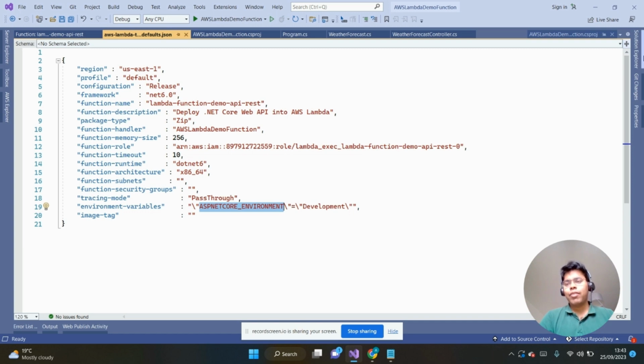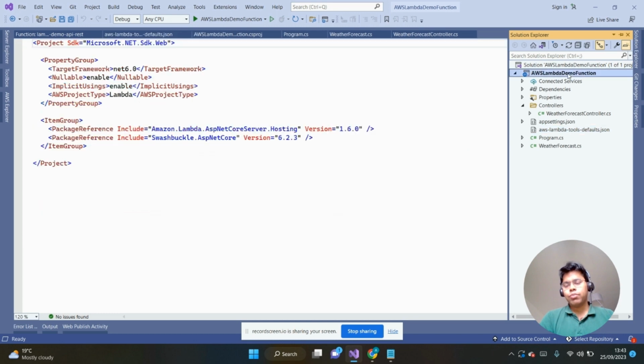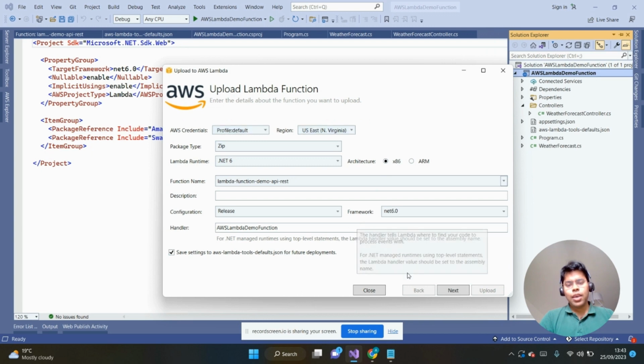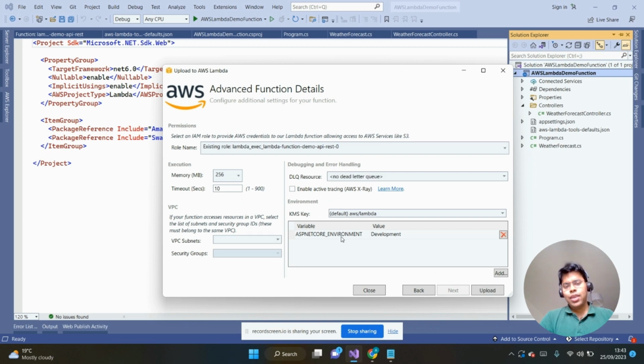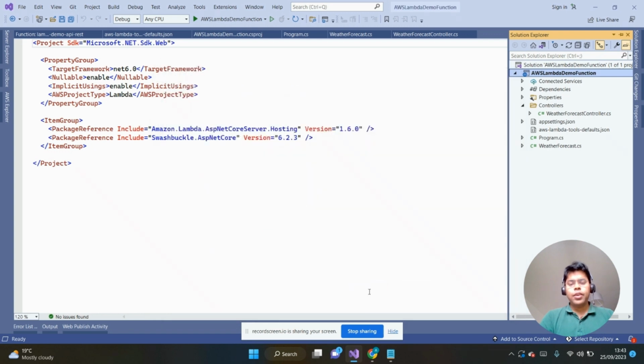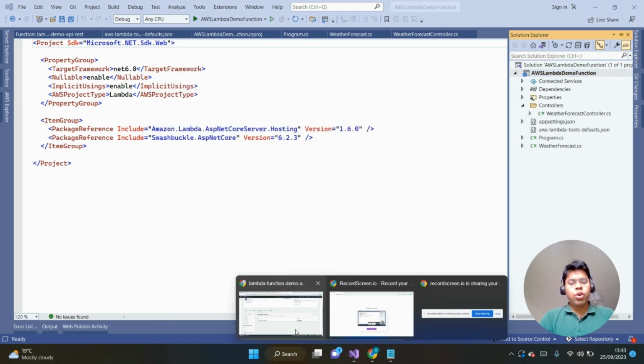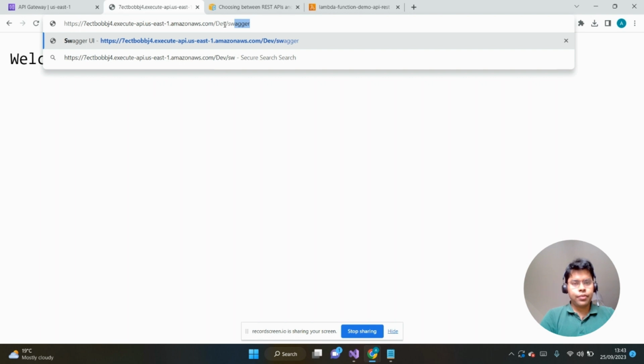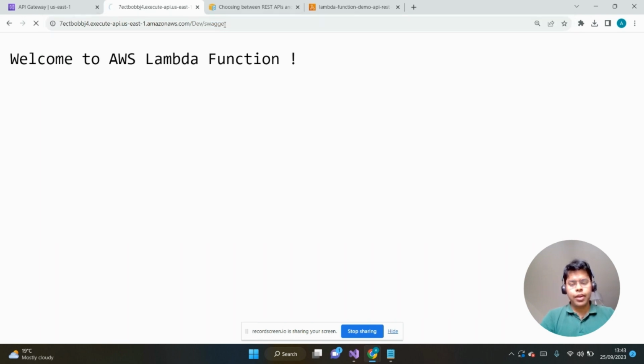This time when we created this function from the solution explorer and right-clicked, like you can see in the next tab, the environment variable will be auto populated. So you can see this ASPNETCORE_ENVIRONMENT Development was already there. That's why this environment variable has been deployed for the REST Lambda function. So now if we go to the endpoint and just change the endpoint to Swagger and click enter,